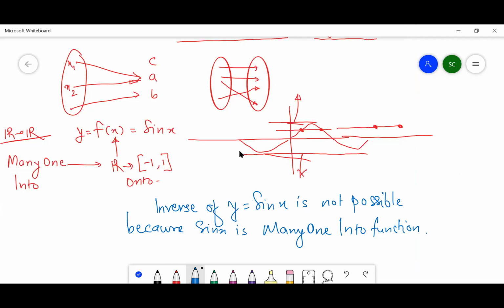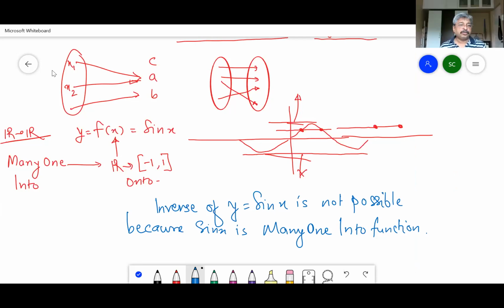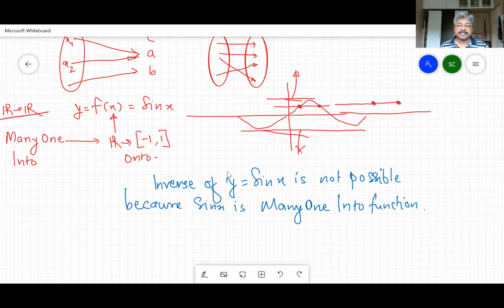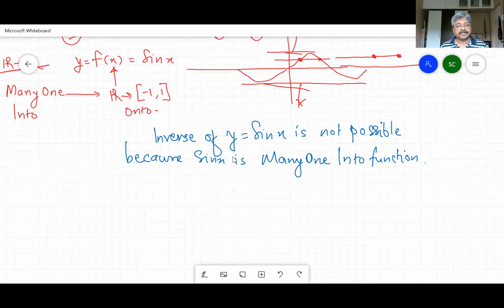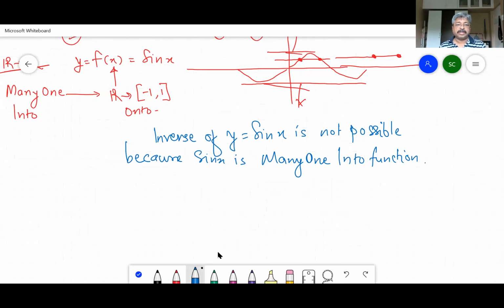So what do we do? We should solve some problems on inverse trigonometry. Everywhere you have to write that inverse trigonometric functions are not possible, because they are not 1-1 onto. Okay, understood. This is not possible, we have understood.